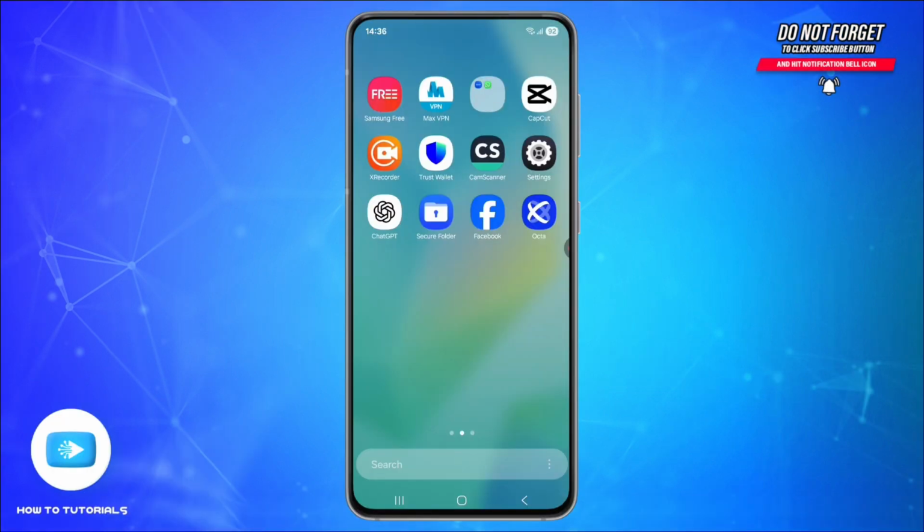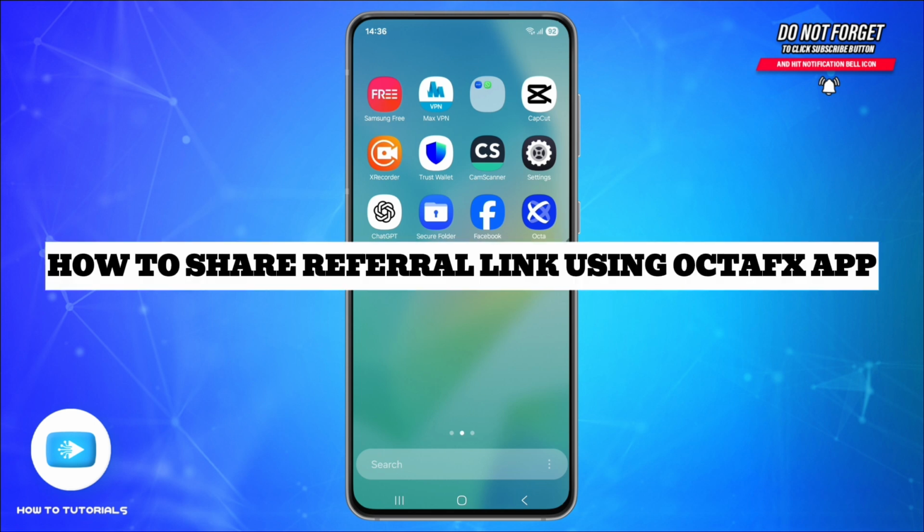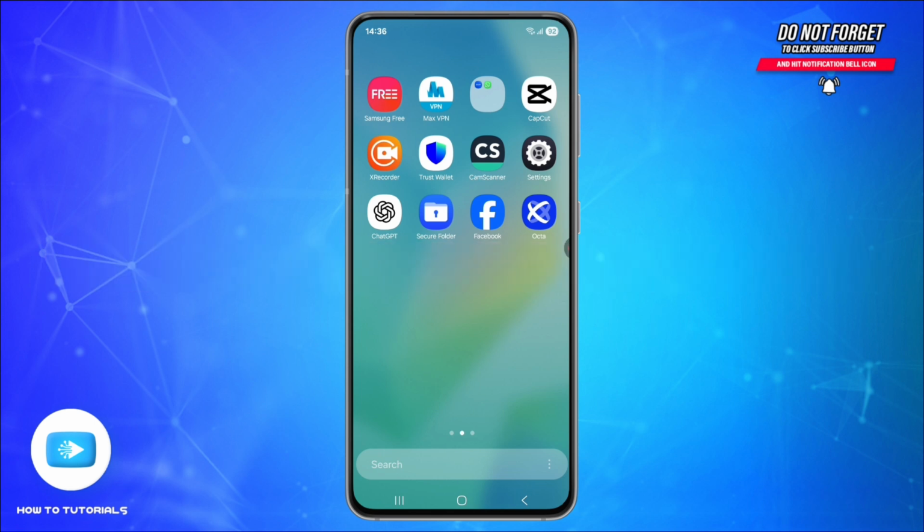If you want to earn bonuses or commissions by inviting friends to Octa, in this video I will show you exactly how to share your referral link using the OctaFx app step by step. So let's get started. Open your Octa mobile trading app